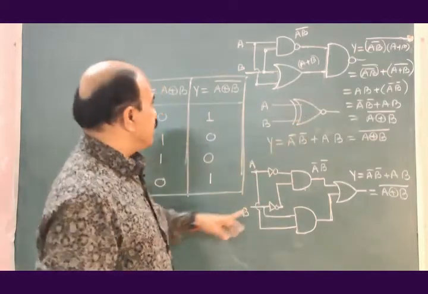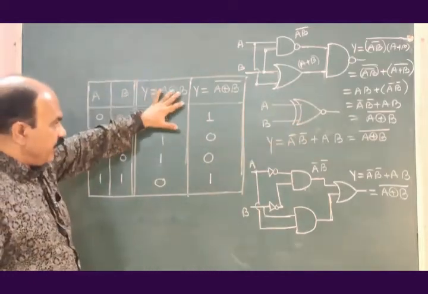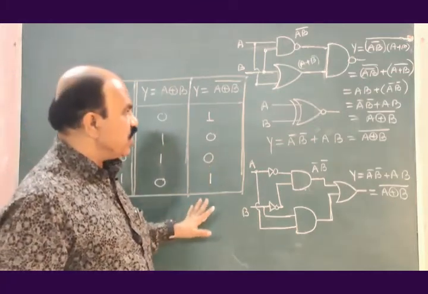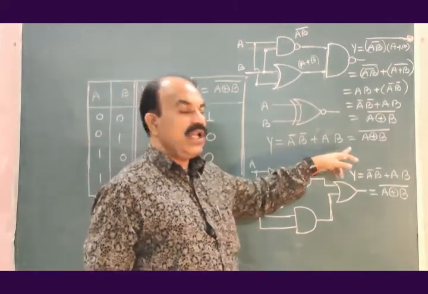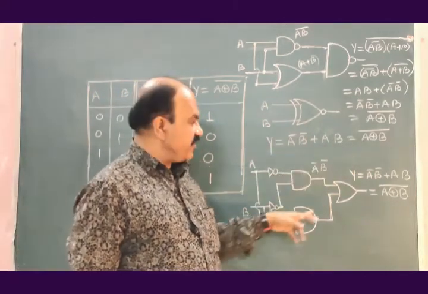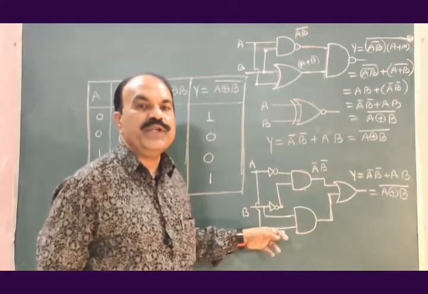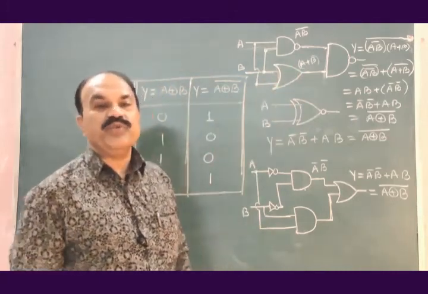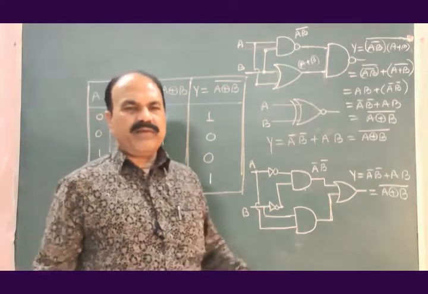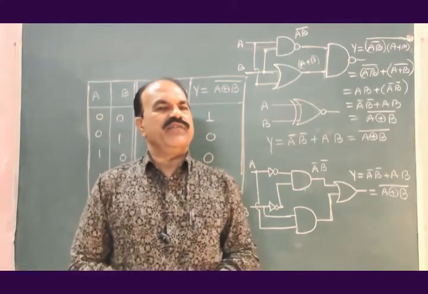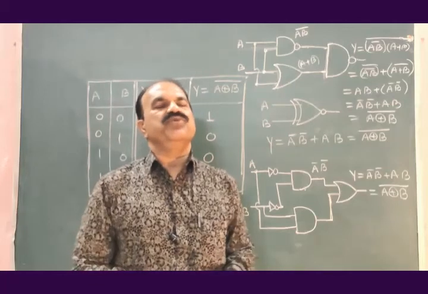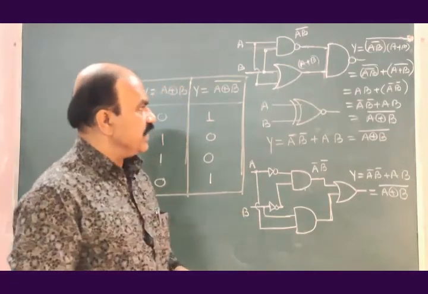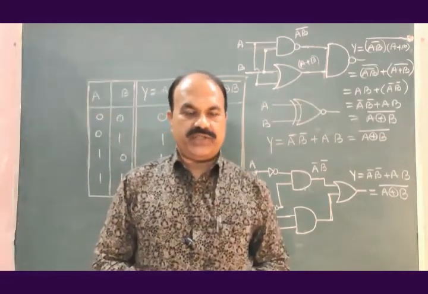This is the symbol for it. This is the truth table. If you ignore this column, this is the truth table for two input XNOR gate. This is the symbol, logical Boolean equation. This is one way of getting the two input XNOR gate using basic gates. This is the other way of getting two input XNOR gate using other gates. There may be many more possibilities of getting two input, three input, four input XNOR gate using various types of logical gates. This is about the XNOR gate. Hope you got it.